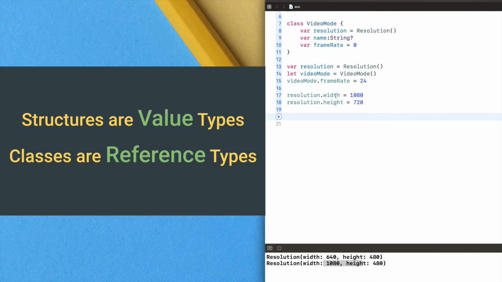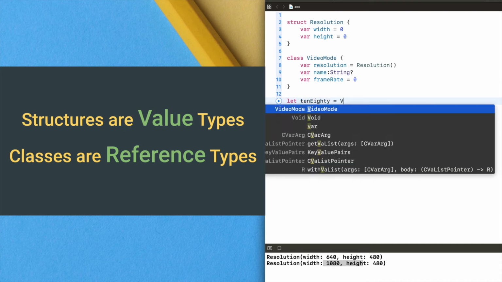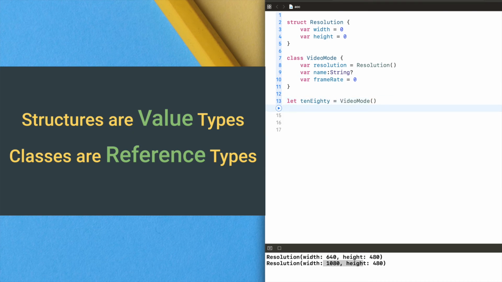So next, going to declare a class, video mode, that has a resolution, then 720, then tenEighty dot frame rate is equal to 24.